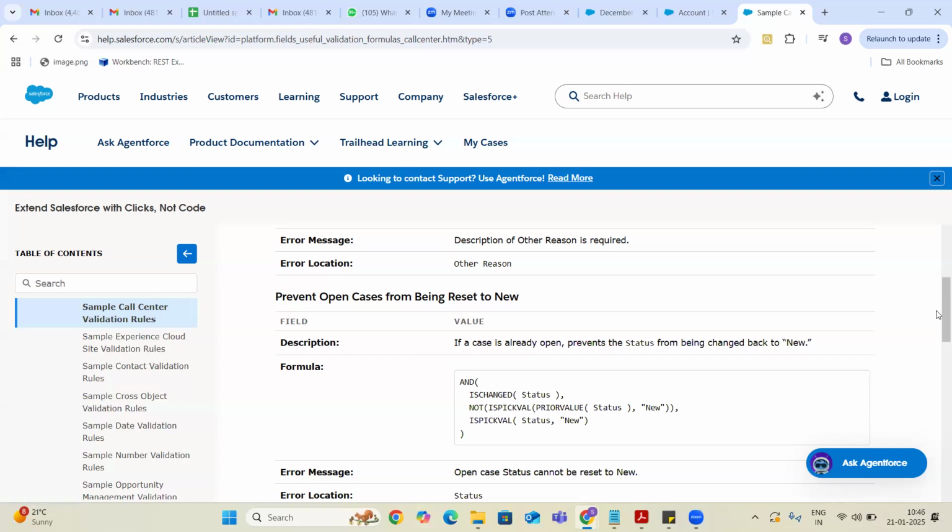Like Working, Waiting for Feedback, Waiting for Customer Acknowledgement. Like that, it will move. Once the status is moved from New to something else, again, if I'm trying to put my status back to New, then obviously we shouldn't allow the users to do that action unknowingly.